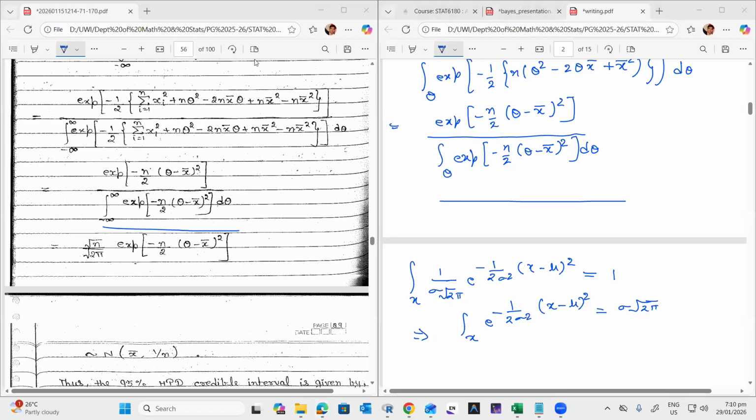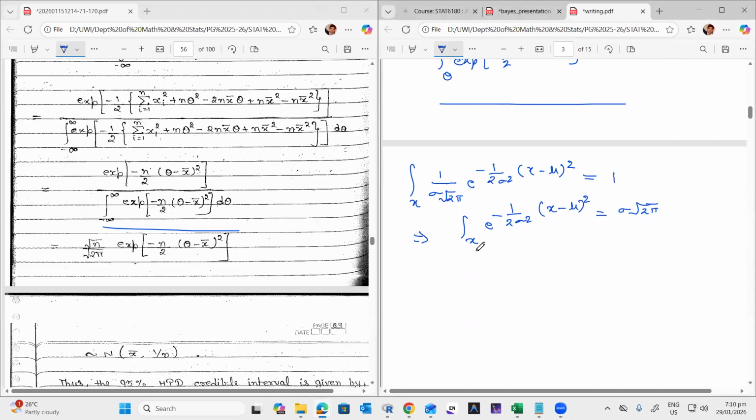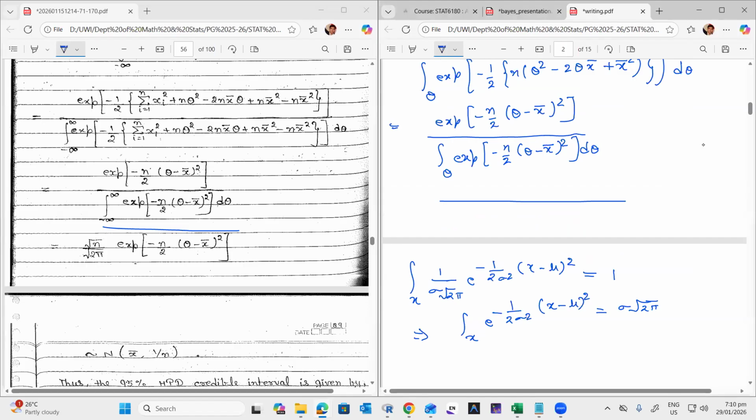Okay. So now what we will do, compare this expression with this one. So from here, your mu is equal to your x bar, right? And your sigma square is equal to 1 upon n, right? So now this integral will be equal to